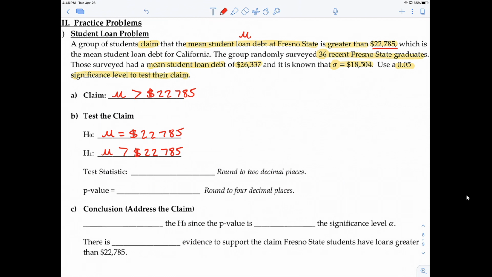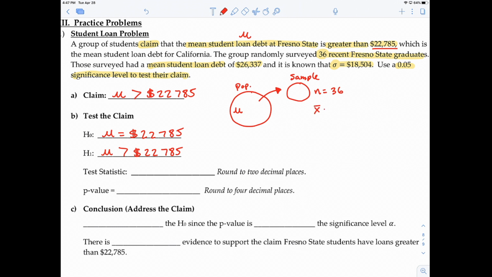But before we get to that, I want to take a step back and make sure you guys understand the whole situation. So we have our population, which is Fresno State students, and we're looking at their debt, right? We're interested in mu, which is the mean student loan debt for all Fresno State students. And there are thousands of Fresno State students currently, and thousands more who have graduated. So instead of surveying everyone, a sample was collected for recent grads, and in this sample, there were 36 students,